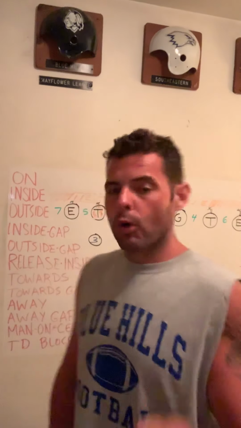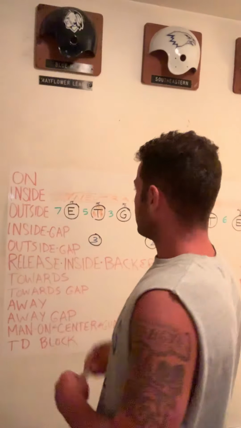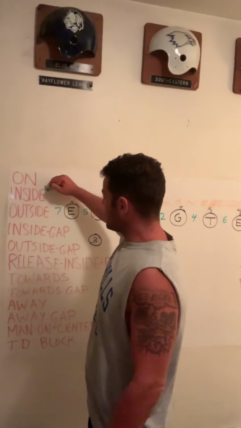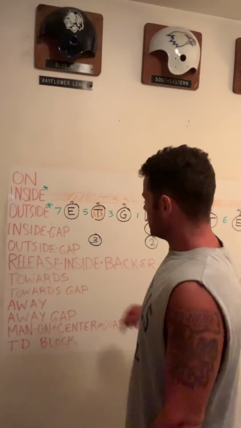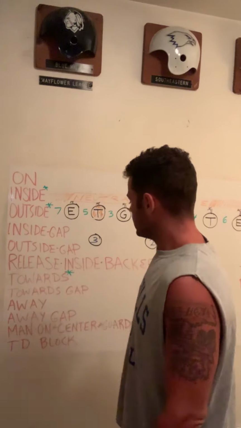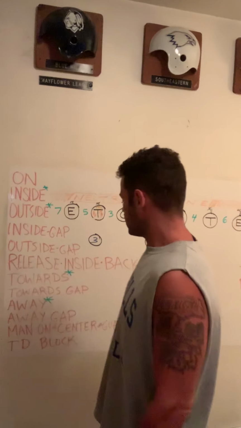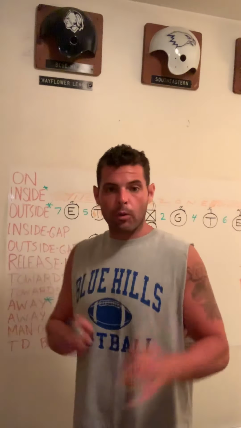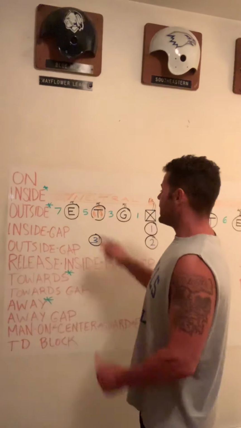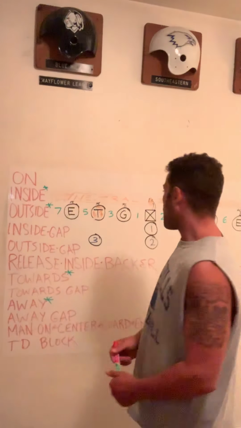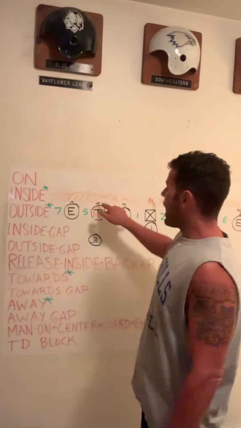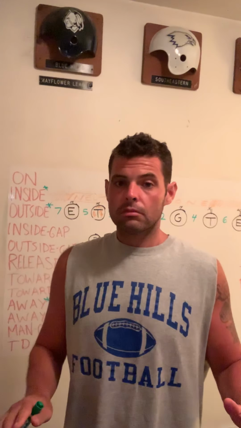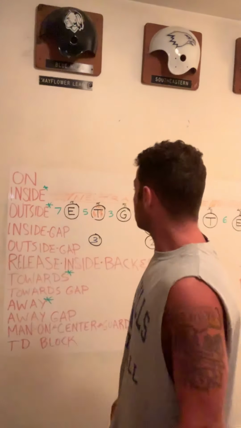Now, a very important rule. This goes for inside. This goes for outside. This goes for towards. And this goes for away. Very important. If I'm a left tackle, let's say my rule is inside. That means that I'm not blocking on. You could have a guy on you. But if your rule says inside,